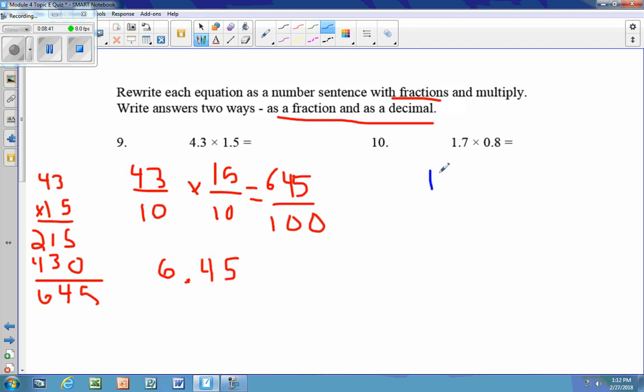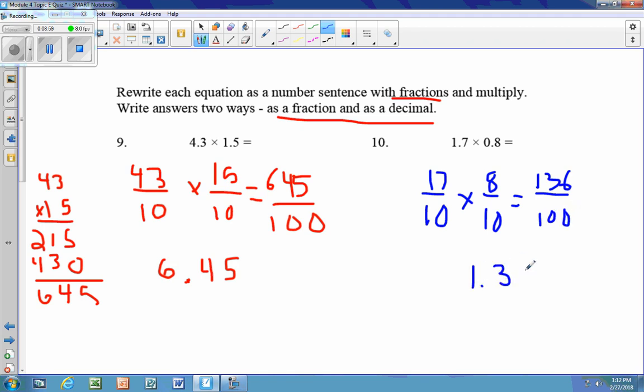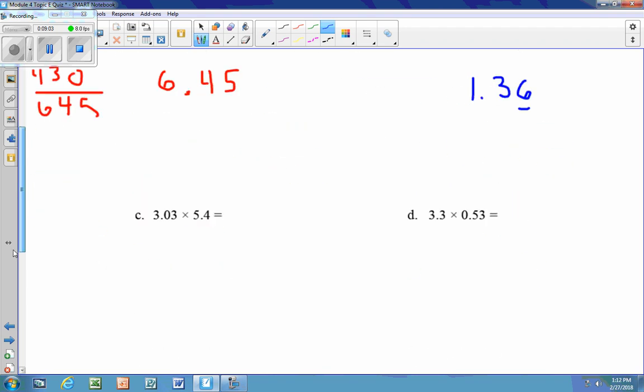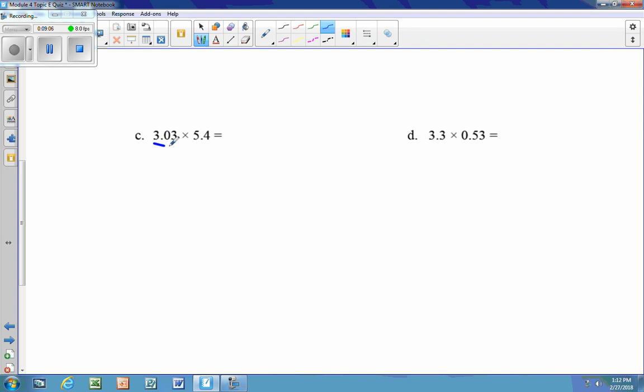Next, we have 17 tenths times 8 tenths. And when we multiply 17 times 8, we get 136 hundredths. And this decimal is 136 hundredths because it ends in the hundredths place. Next, this says 303 and it ends in the hundredths place. Don't simplify it down to 33. It's 303 hundredths